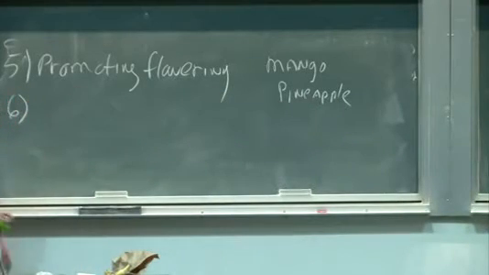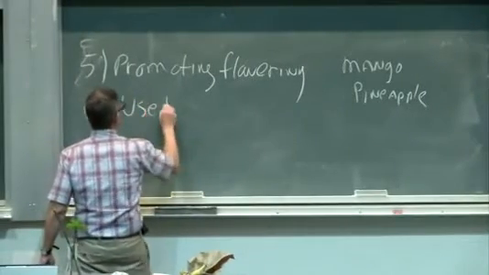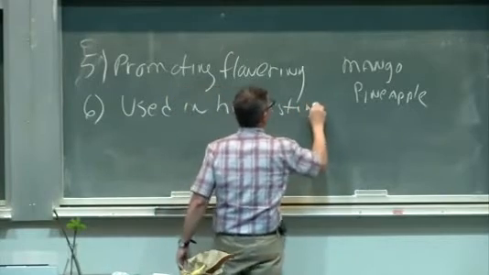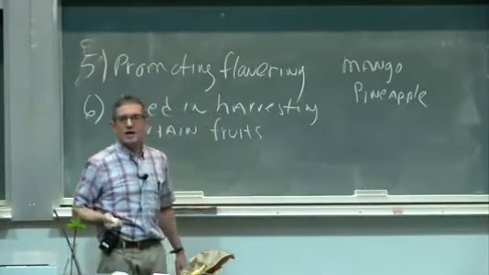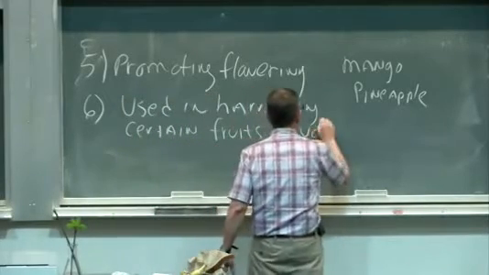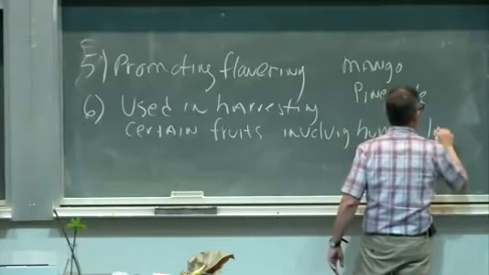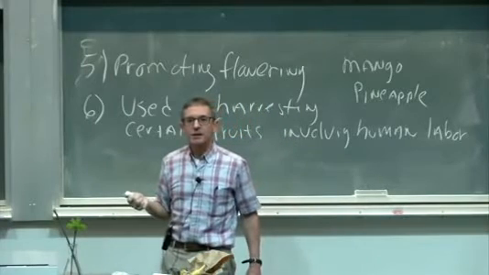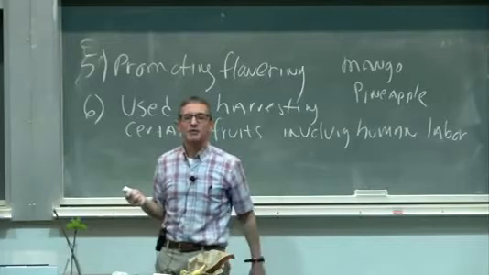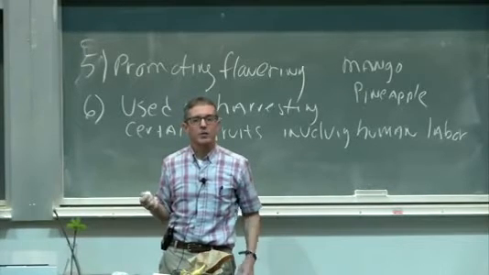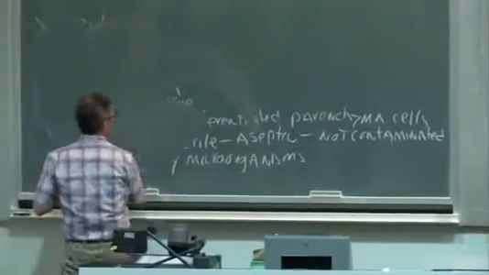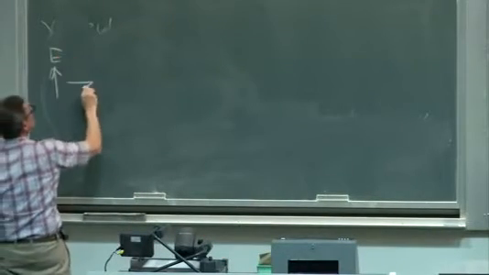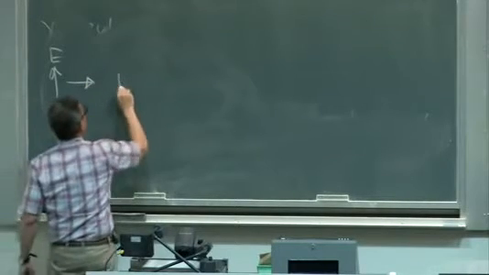The sixth aspect of ethylene, which is also commercially important, is that it is used in harvesting certain fruits which normally involve a lot of human labor. Fruits such as cherries and walnuts, where you have to individually pick each of these fruits, take a lot of time and can make the fruit harvesting quite expensive. And so, again, what is done is to treat these orchards with a compound that causes an increase in ethylene, and the increase in ethylene yields, and this is a point that we'll refer back to, a development